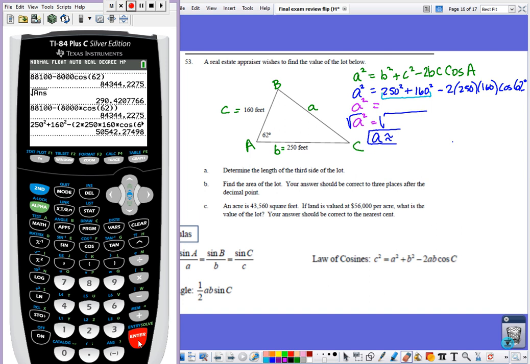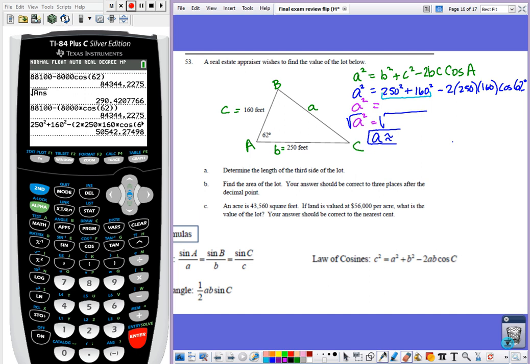50,550, which is what I was supposed to get. So, I'm not sure exactly what happened. I think it had something to do with the order of operations. So we end up with 50,542.275. Oh, we'll say 498, and then when we take the square root of that,